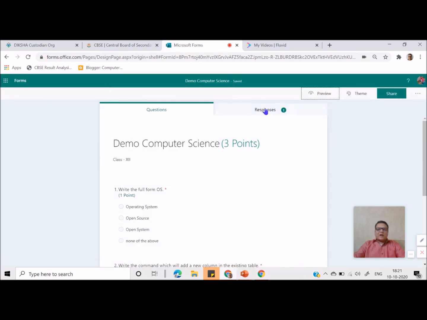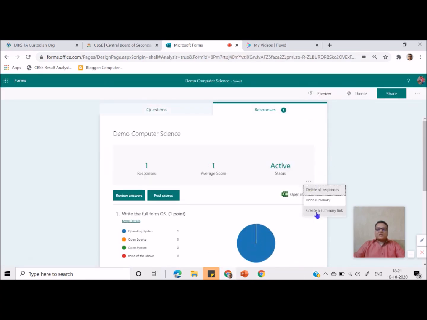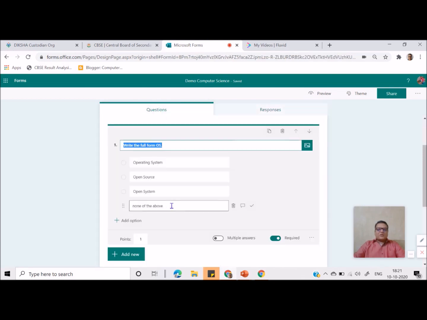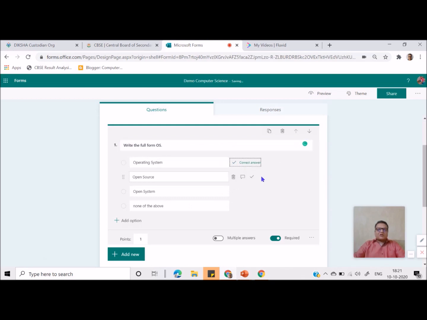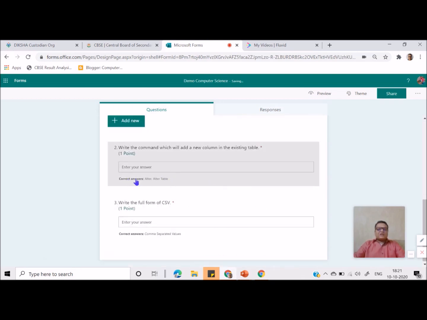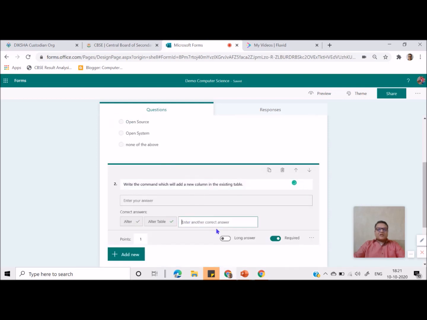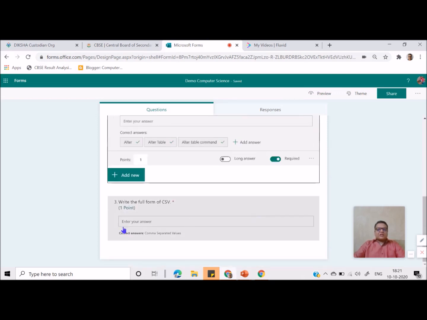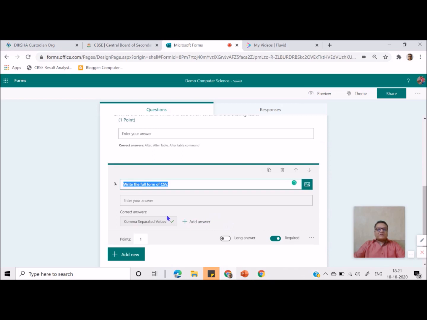So let's go back and delete these responses. Let's say I say delete all responses, and then again I'll mark this is my right answer which I have not marked, that's why I got 1 mark. And now herein we can have another answers. Herein I can write here alter table command. So whatever the permutation combination you think a student can write, just add here. That's the major concern. Just add here every option which you think student can write. Let's say this is already written comma separated and it is already case sensitiveness checking.